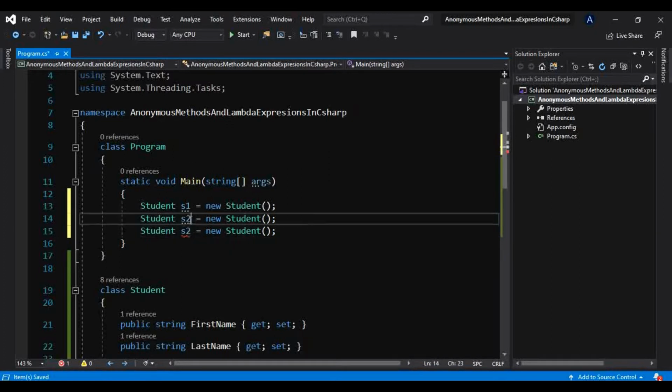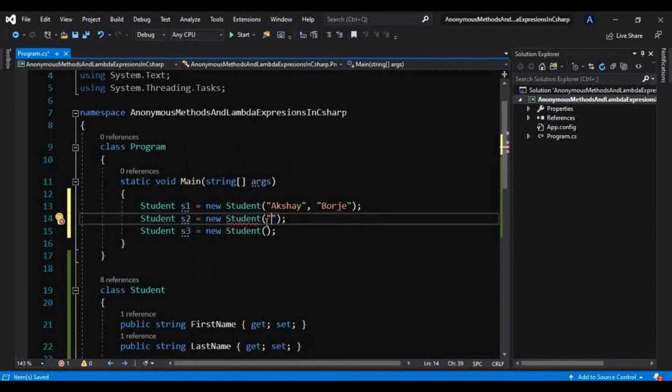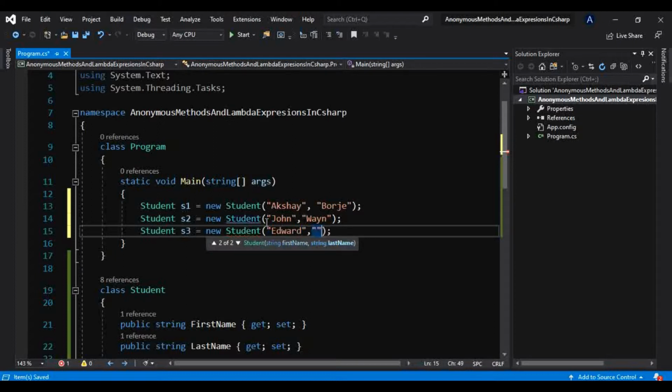I will change the names of these objects and pass the first name and last name, and similarly here as well. Let's say John Wayne, and here Edward Wayne.